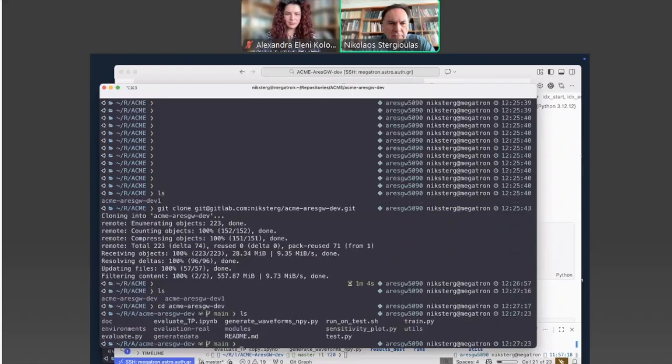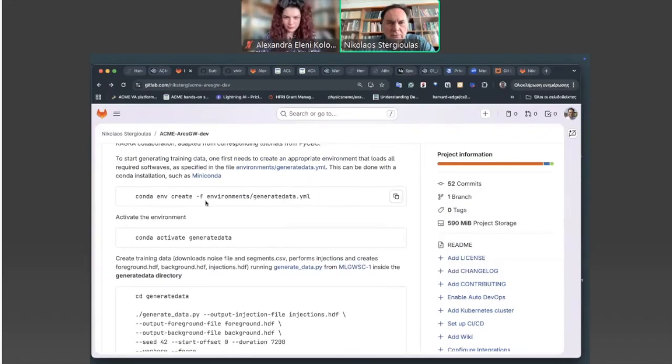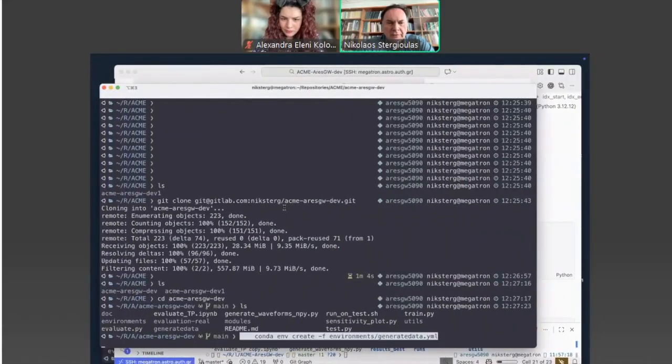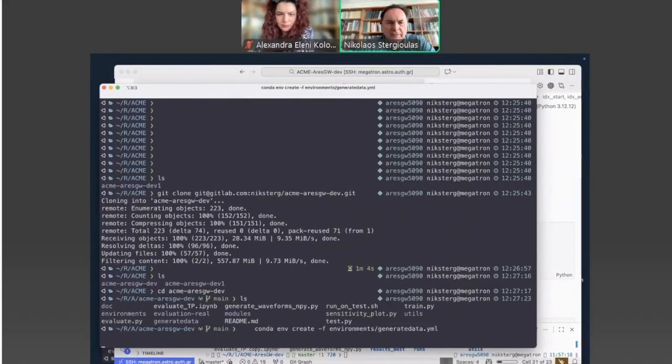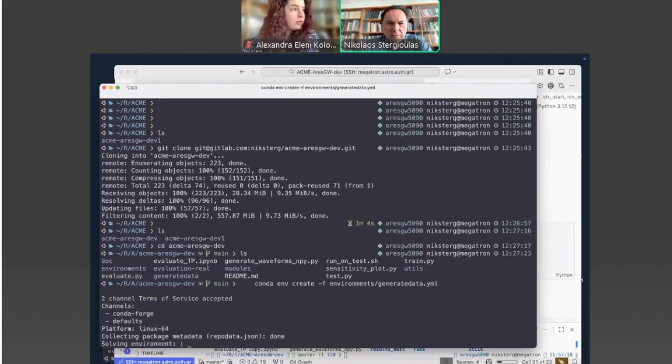So we enter our repository, and now we can create this environment. All we need to do is to issue this command, conda env create. In the environments folder, there is this YAML file that has the specifications. Of course, in my case, this environment already exists, so here it will just check the requirements and then simply conclude. In your case, it will download these different packages and then create it.